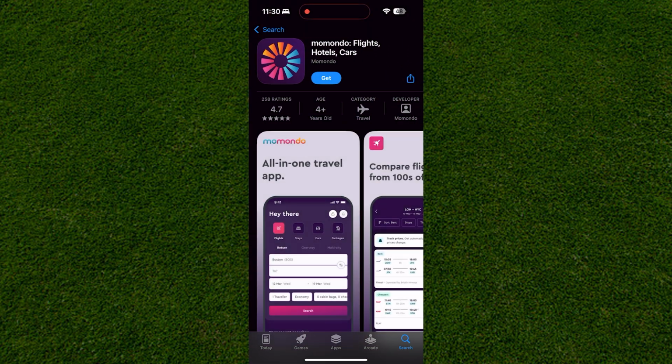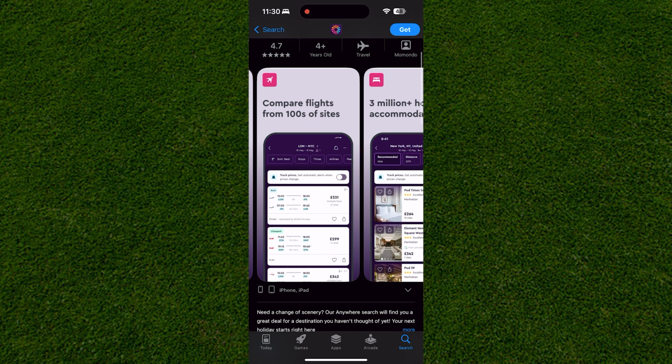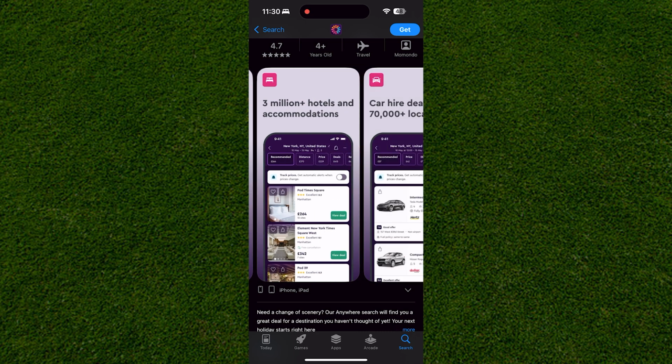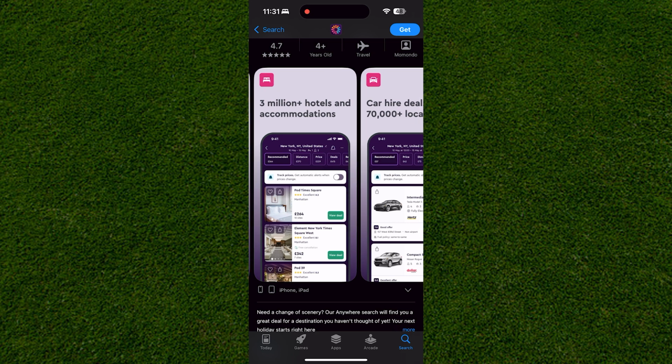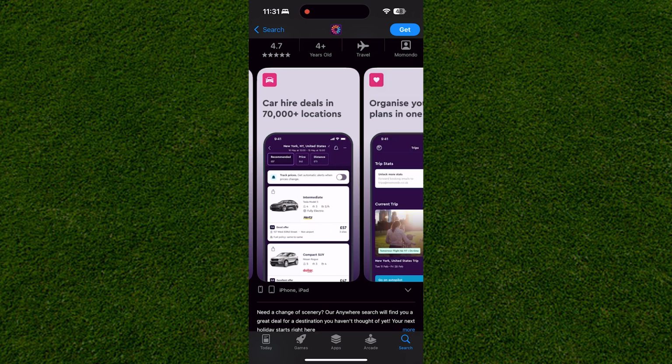As you can see, it's an all-in-one travel app offering a wide range of services. You can compare flights from hundreds of sites, ensuring you get the best deal for your trip. With access to 3 million plus hotels and accommodations, you can easily find a place to stay that suits your needs. The app also offers car hire deals in over 70,000 plus locations, making it easy to rent a car